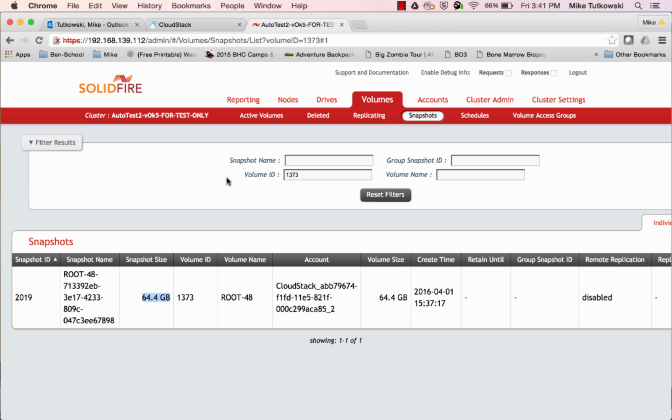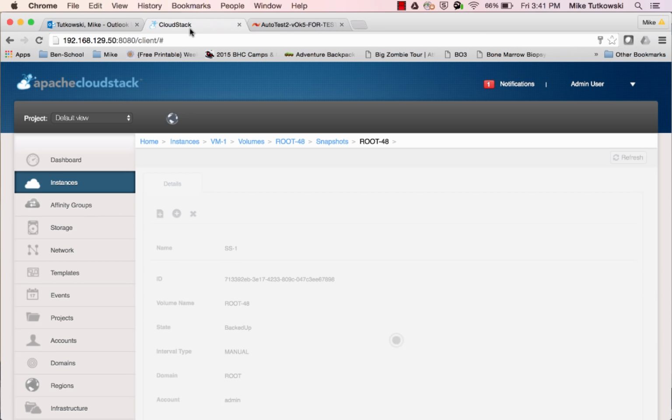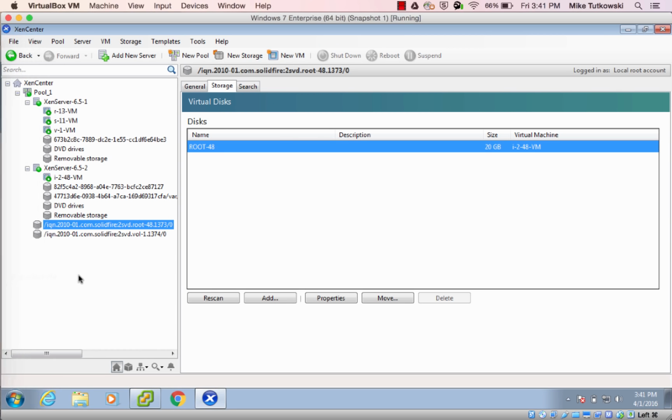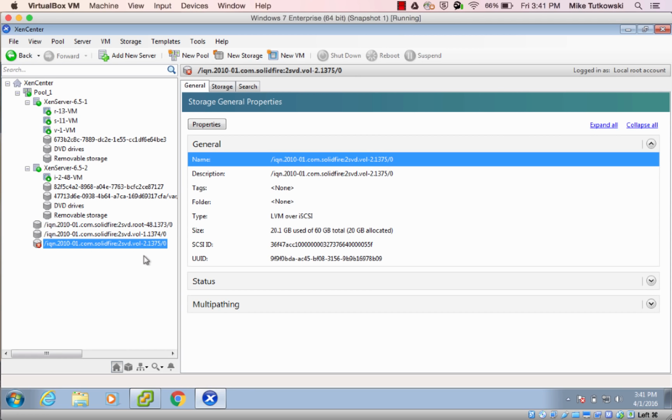Now, if we take a look from CloudStack's point of view, it's still in the process of performing some work. My guess is this is going to be the re-signing process on the XenServer side. So let's switch over to XenCenter and take a look. Okay, we can see the storage repository vol-2. It's kind of appearing and